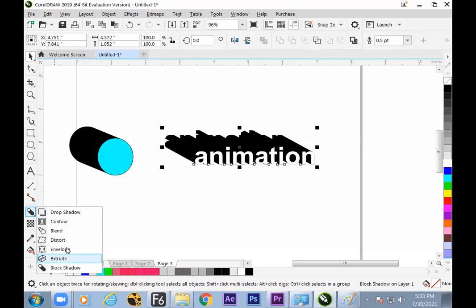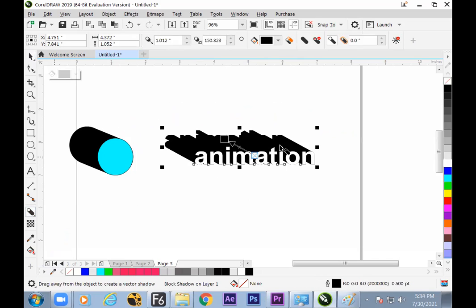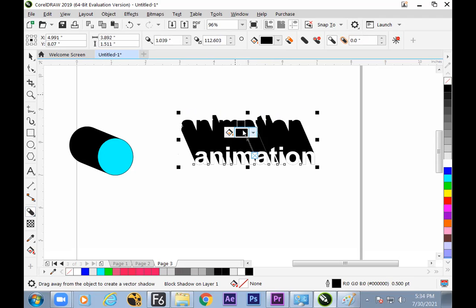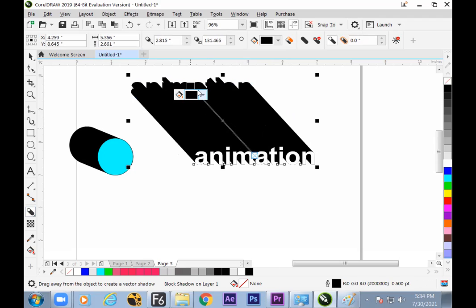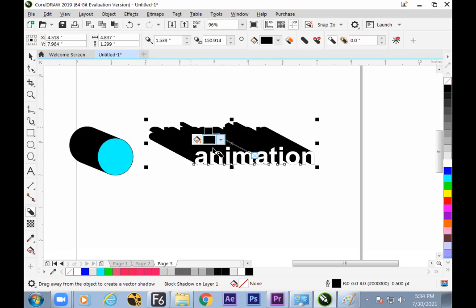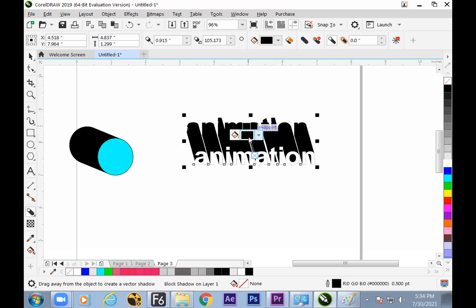Extrude also goes to the back side, but from a pivot point, from a perspective point. But block shadow does not have perspective. The same distance gap you can find at the edge, which is not there in extrude. Extrude may get smaller in size at the long end, but in block shadow, the size remains the same on the long side. So hope we have understood how to use the block shadow.